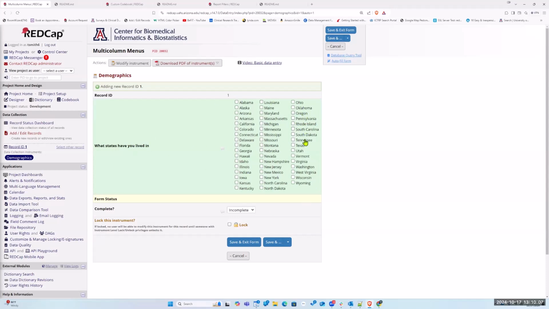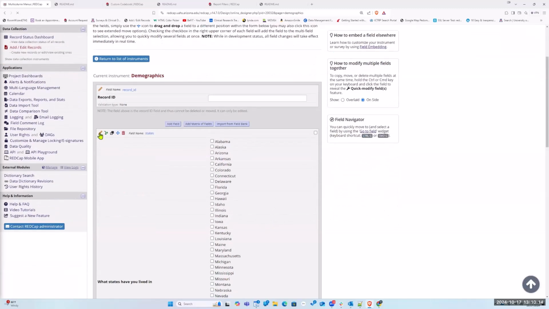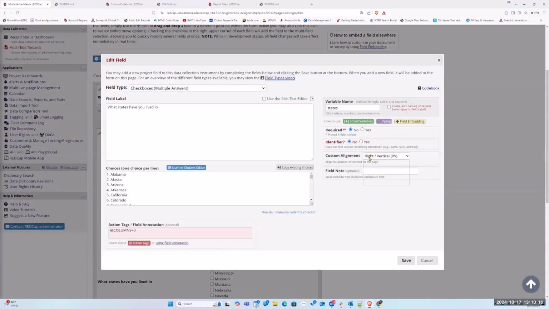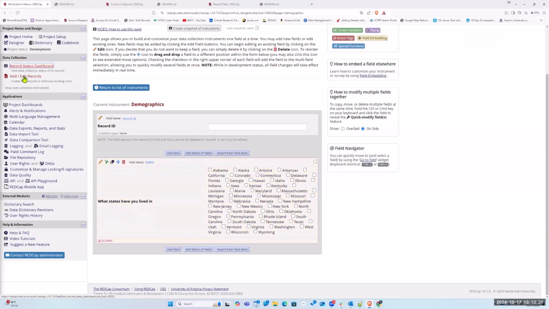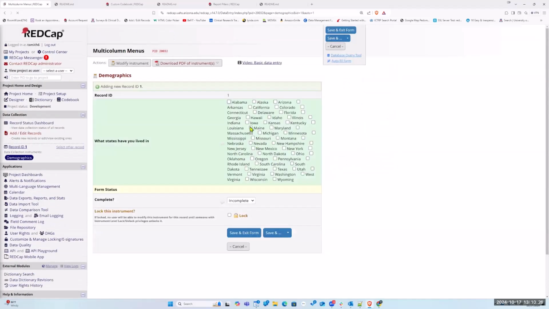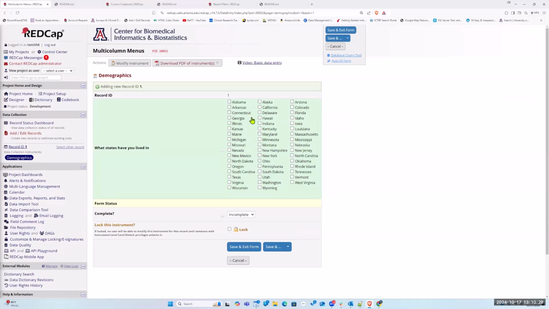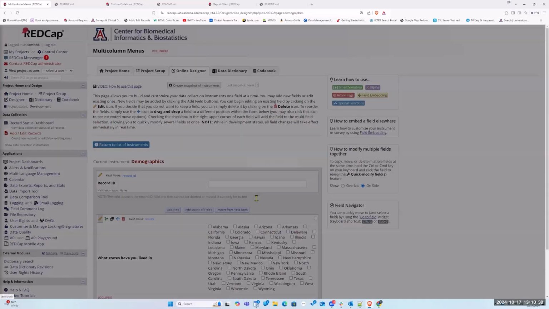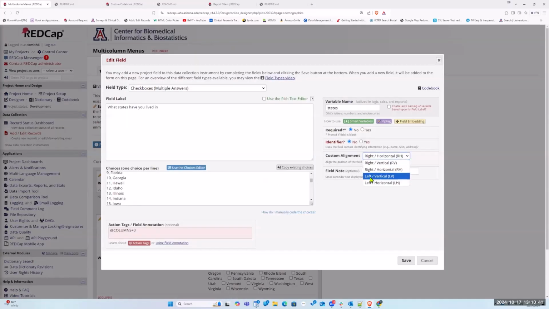So everything is shifted off to the right and you have multiple columns. We come back in here and switch this to right horizontal. Then what we're going to see is it looks like it's, don't worry about how it looks in the design, but now it's sorting across. As you can see here, we do left vertical,